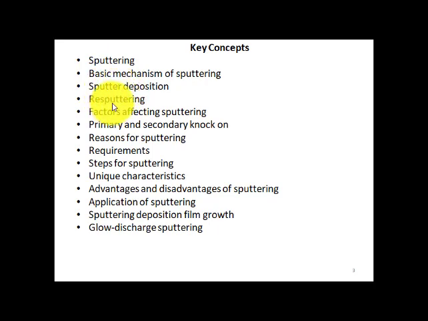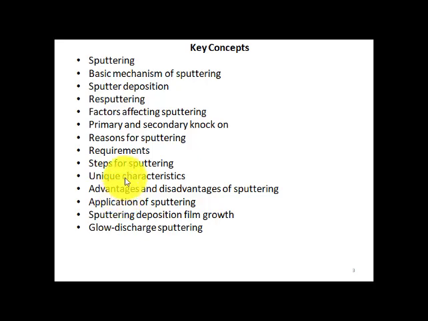Then resputtering, we will also discuss factors affecting sputtering, primary and secondary knock-on procedures, reasons for sputtering, requirements to do sputtering, steps for sputtering, unique characteristics, advantages and disadvantages of sputtering, applications of sputtering, sputtering deposition film growth, and glow